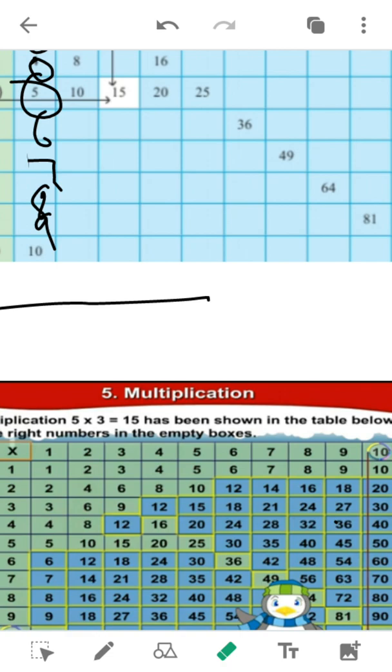So 6 multiplied by 2 is equals to, 6 multiplied by 2 कितना होगा? 12. So like this we have to complete this box, multiply the numbers and fill the empty boxes. Okay,